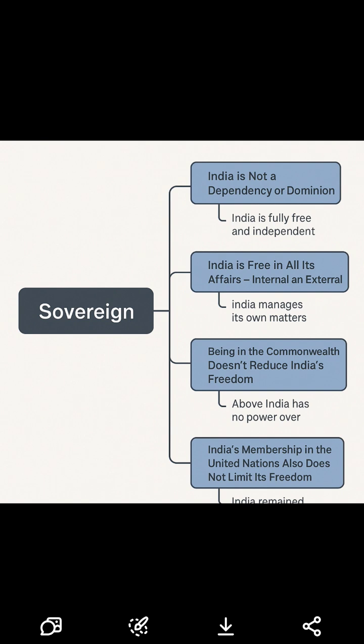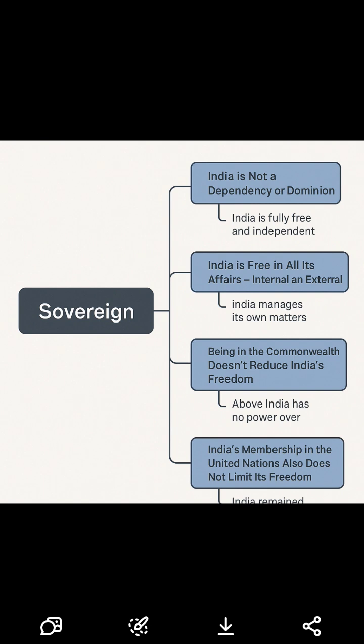5. India can acquire or give territory because it is sovereign. Because India is sovereign, it can add land from another country, that is, acquire territory. Example: when Sikkim joined India in 1975. It can also give a part of its own land to another country, that is, cede territory. Example: India gave some border areas to Bangladesh after a land agreement in 2015. This shows that India is a real master of its land. It can decide freely, like any truly independent country.